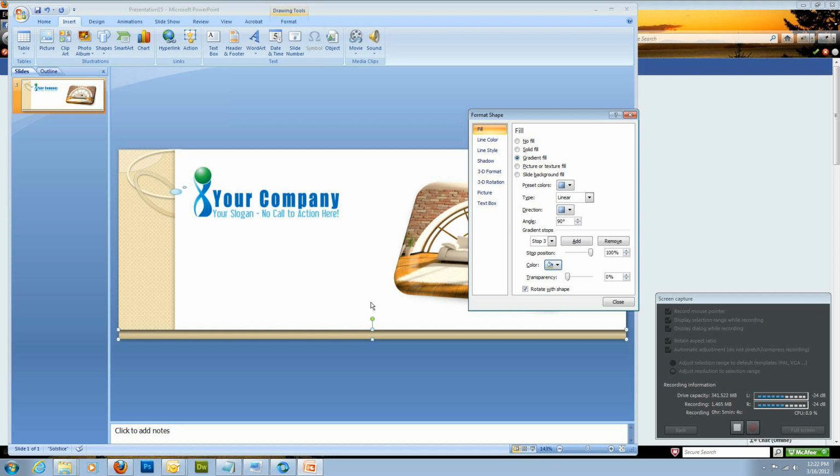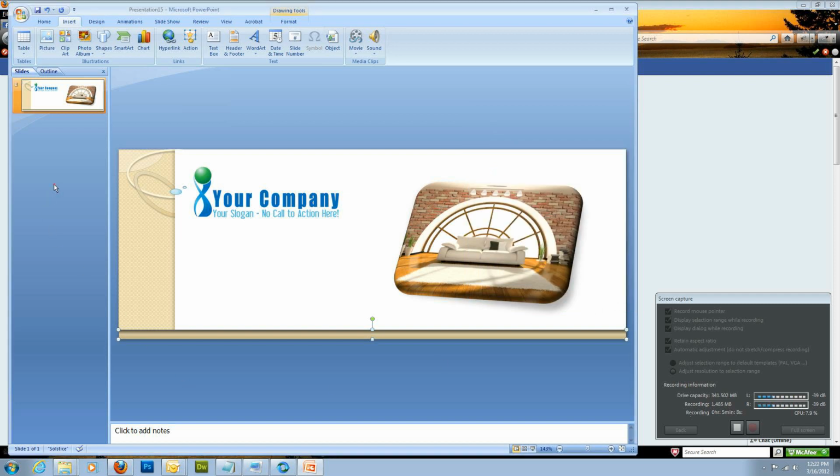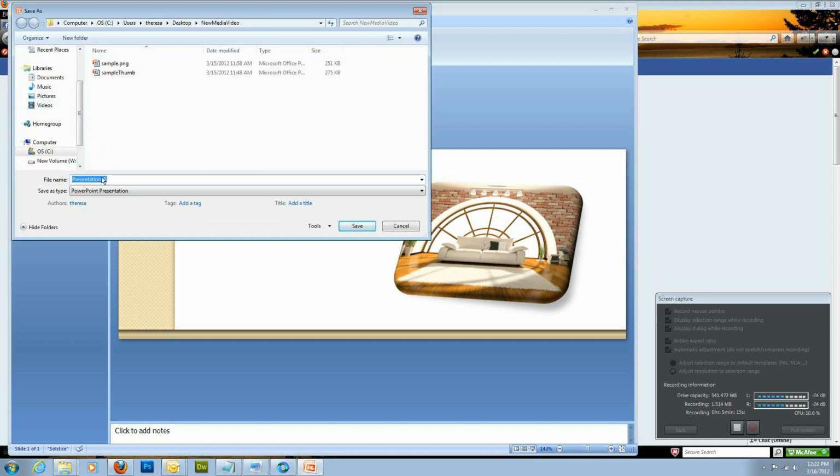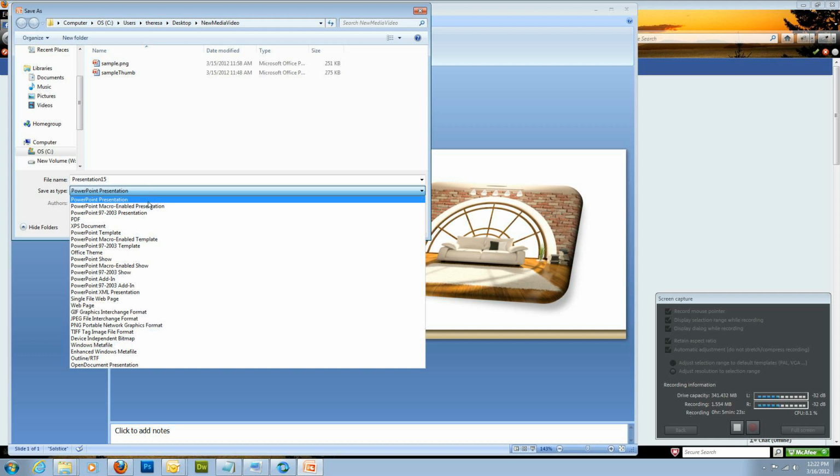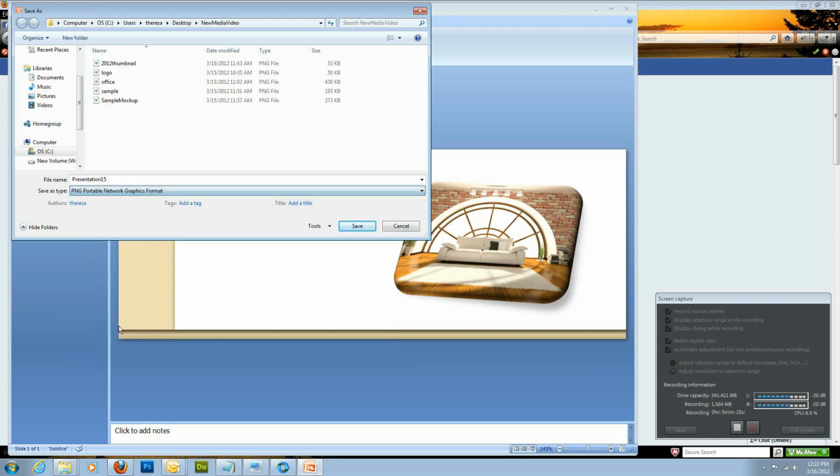So I'm just going to go ahead and leave that there. I kind of like that ridge look. Click on close. And now you're ready to save this as a photo. You're not going to save it as a PowerPoint presentation, although you should if you want to go back and change something. But I'm just going to go ahead and click the Save As, click the type as PNG, and